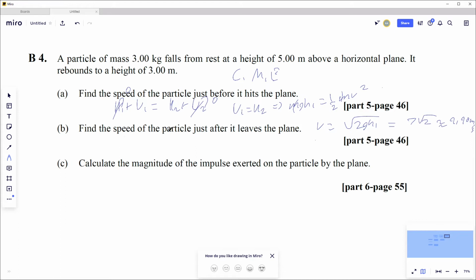Anyways, and the speed, again, we're talking speeds, we're not talking about directions. The speed of the particle after it leaves the plane. So we know before, so we can get after. So now we have different states. We have different 1s and 2s. Even though they're the same numbers, they have different states. This one is before it hits. Now we have that, so we can use it. And this one's 0 because it's right before hitting, so it has an h of 0. However, for this one, state 2, it's just after it leaves the plane, which it's, how to say this, like it's gonna have the